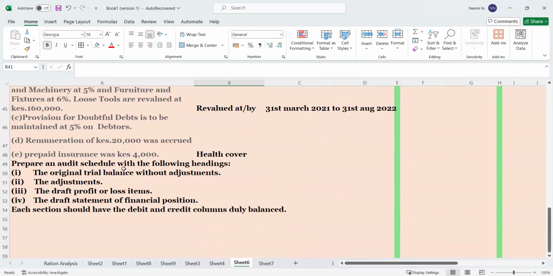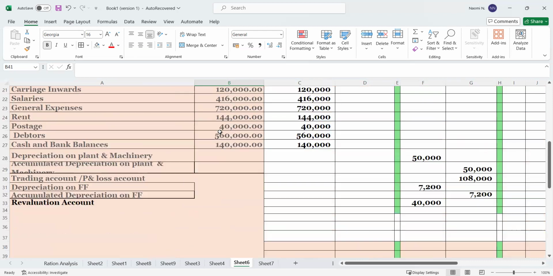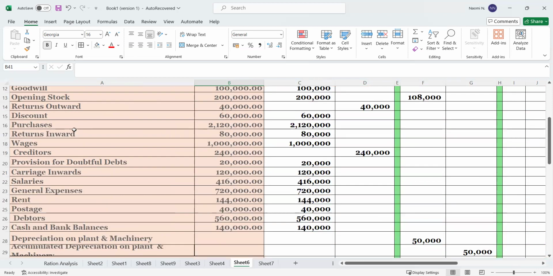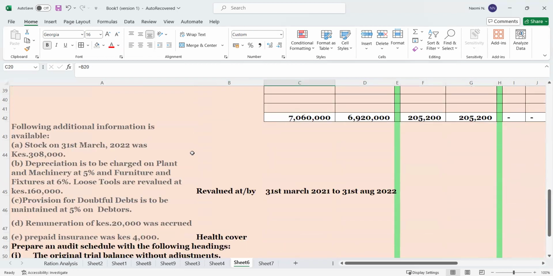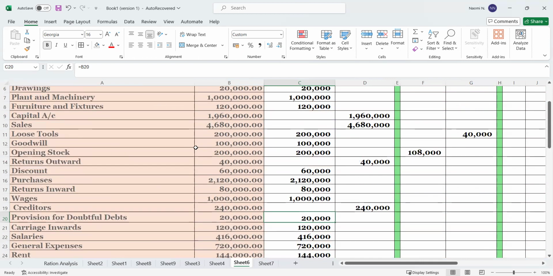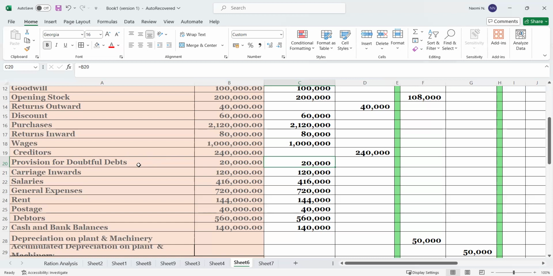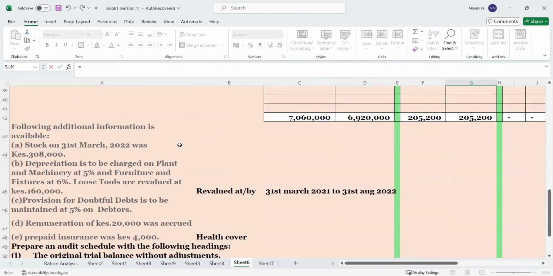So on that one, what we will do is provision. We have provision for doubtful debts is to be maintained at 5% on debtors. So we go where the provision for doubtful debts is. It is supposed to be maintained at 5% of whatever we have in the debtors account. So this is what we will be able to do. It's equal to 5, they said which percentage? They said 5%